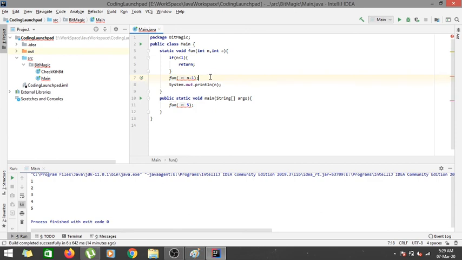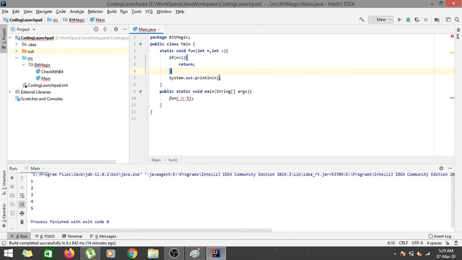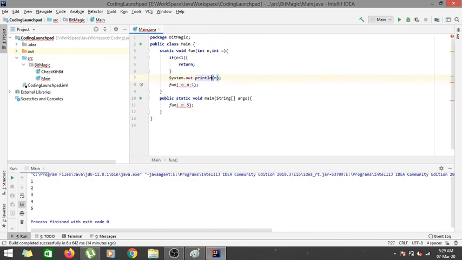Let me just copy this, cut this particular value. So after you print the value of a, here I would be printing the value of a, then you would be calling your function again with a value of n minus 1 and a value of a plus 1,